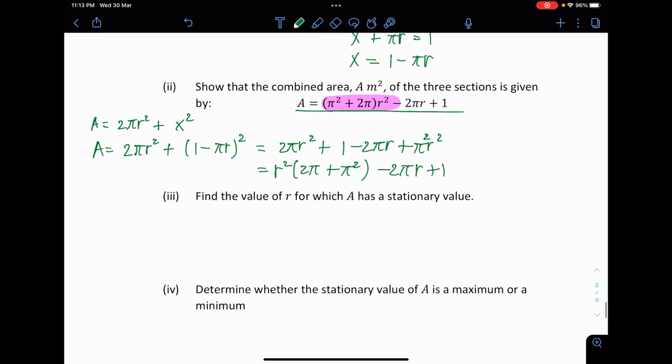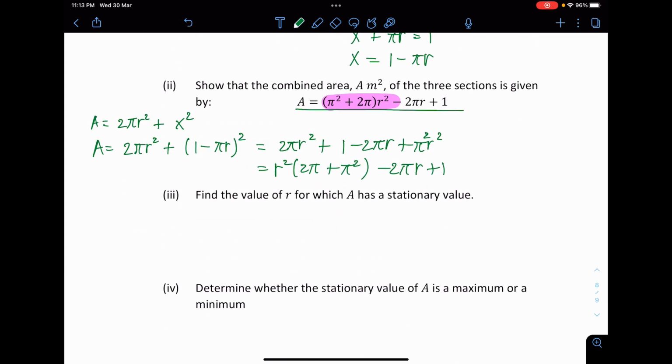Okay, then next, find the value of r when A has stationary value. So remember, whenever they say stationary value, that means the differentiation of that said function equals 0. Okay, I just need to differentiate the A. dA/dr equals, okay, I'm differentiating with respect to r because that's the only variable I have. So the first is just an r square. If I differentiate, I got 2r. I still multiply with the same constant number. I mean, it's ugly, yes, but it's still a constant number, so no big deal.